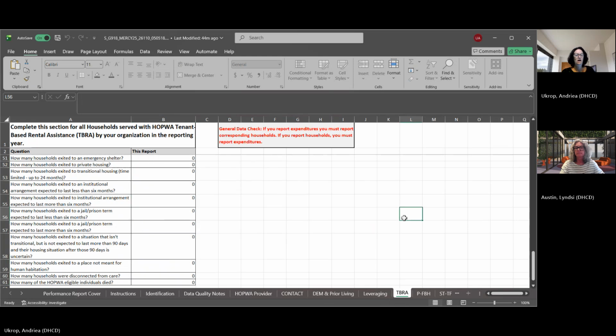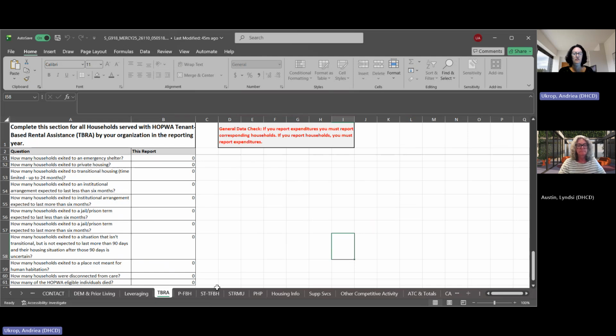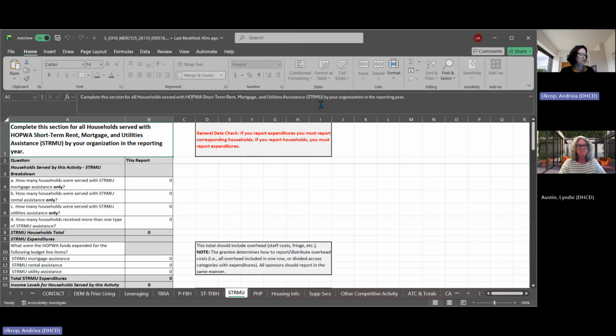Okay. So now we have a couple of super easy tabs. We do not provide funding for PFBH or STTFBH, so you will not need to complete those tabs at all. For STRUMU, if assistance is reported in the household served by this activity,